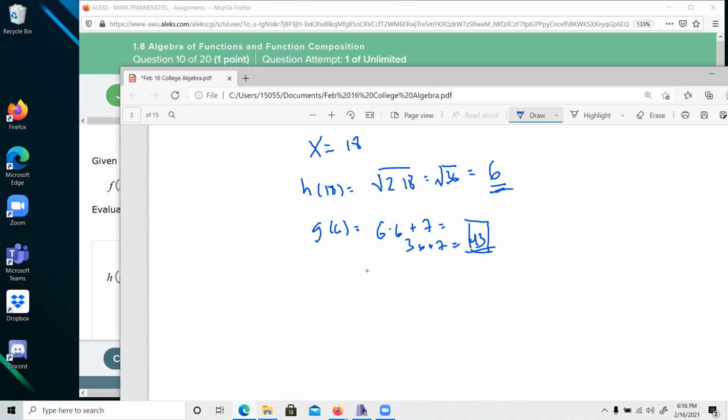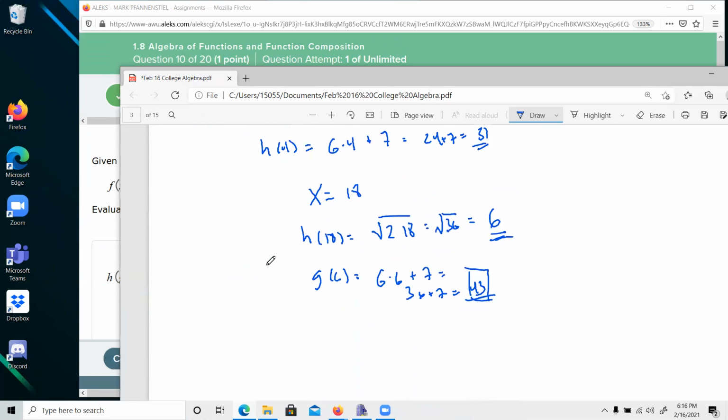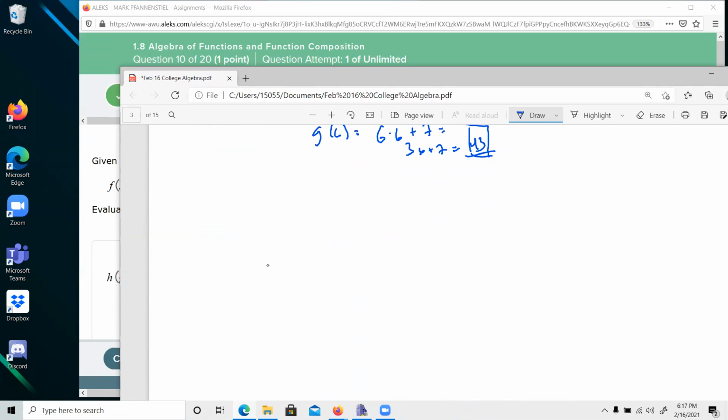Right. So do you see what we're doing? We're evaluating the inside function at the point that we have, and then whatever the output of g of x is goes into the input for h of x. Okay, so we have,